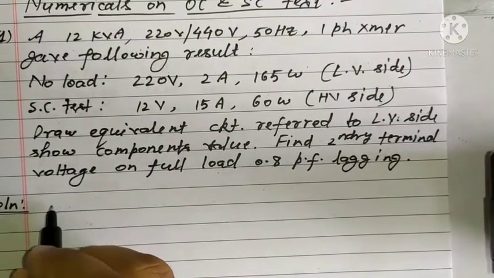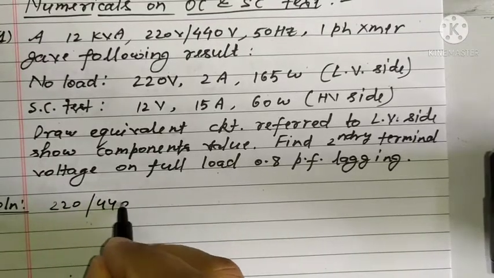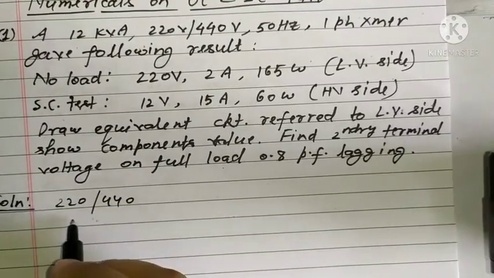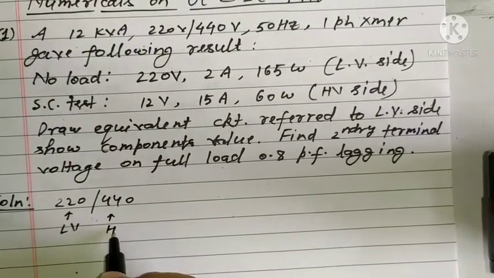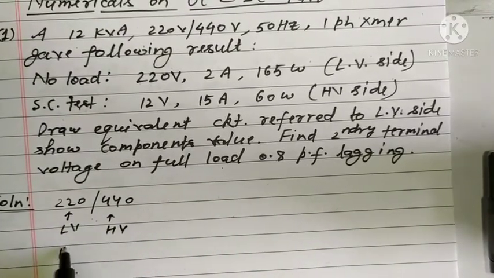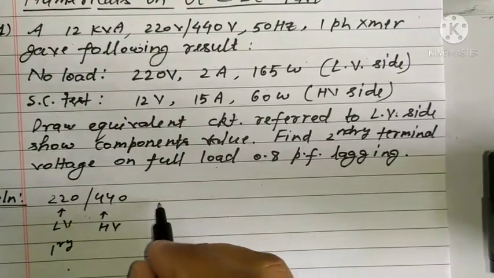So this is a 220 / 440 volt transformer. This is LV and this is HV. The LV side here is primary and of course the HV will be secondary. So from the OC test